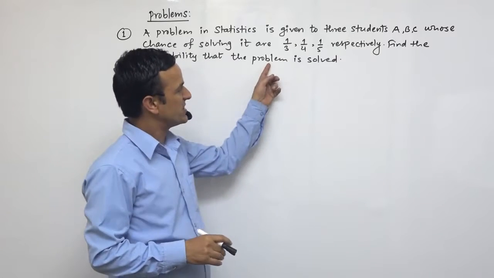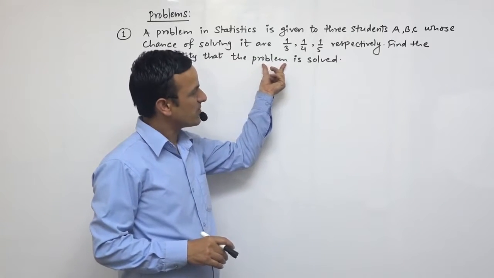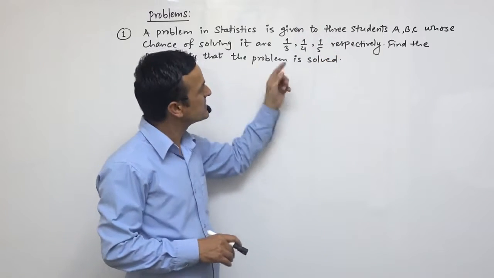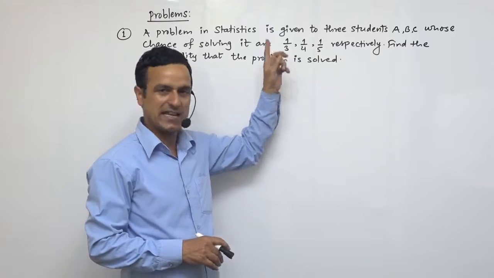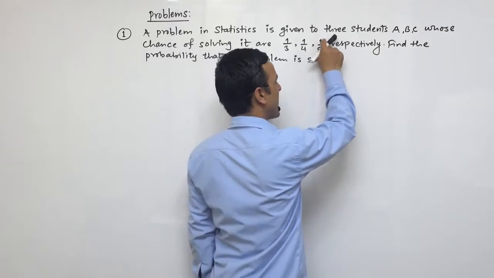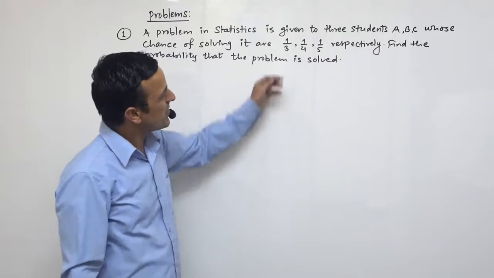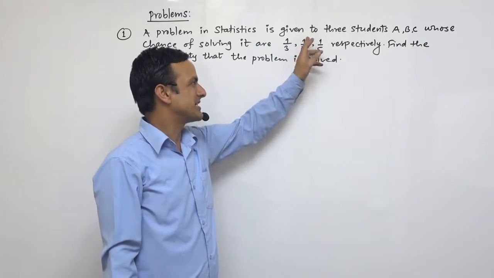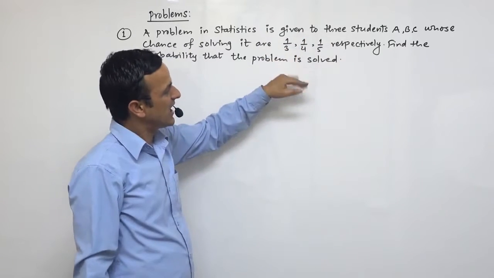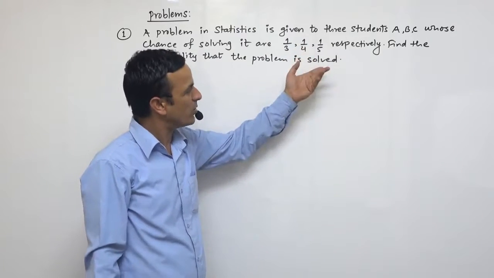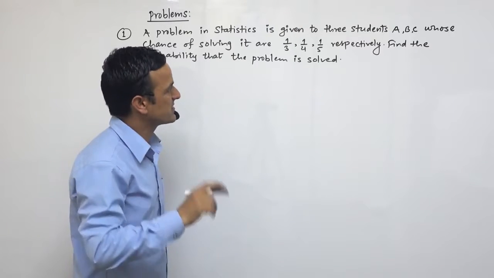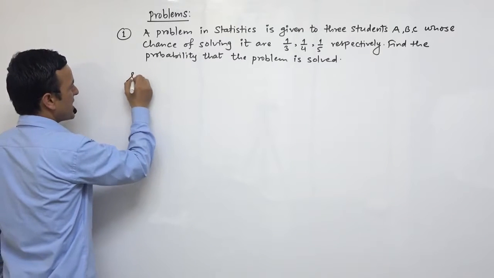What is the probability that the problem is solved by any one of these students? Either it can be solved by A, or by B, or by C, or by A and B, or maybe by B and C, and C and A, or it can be solved by all three students. So for this we have to find out